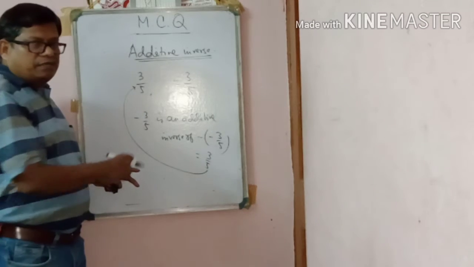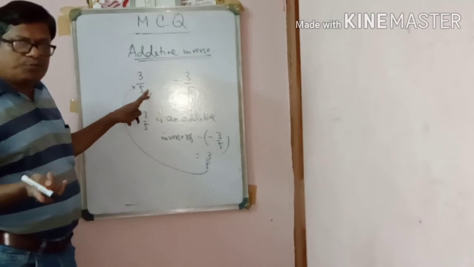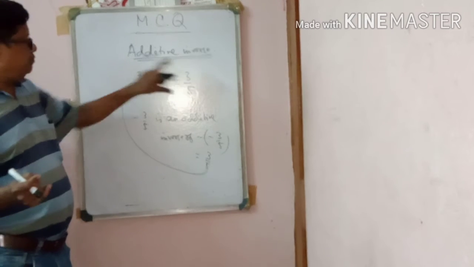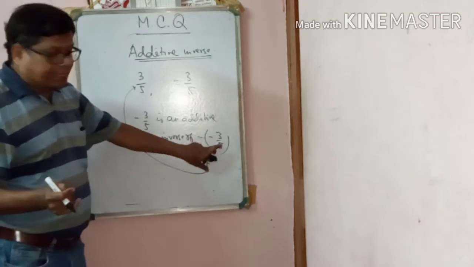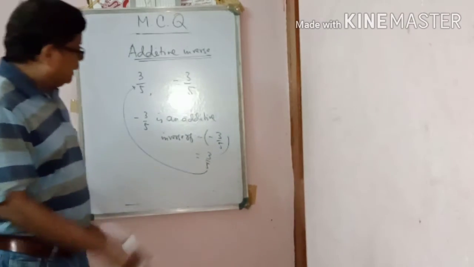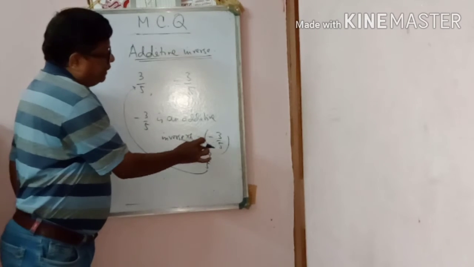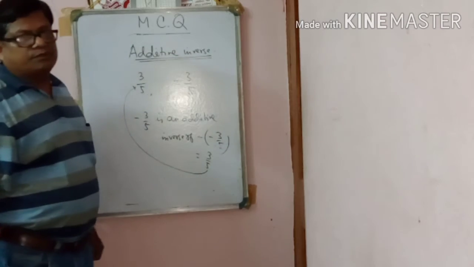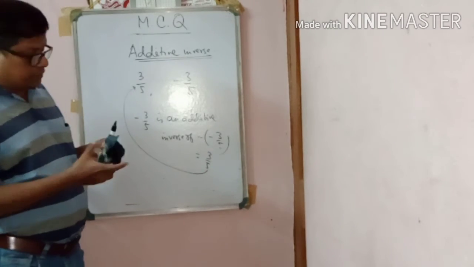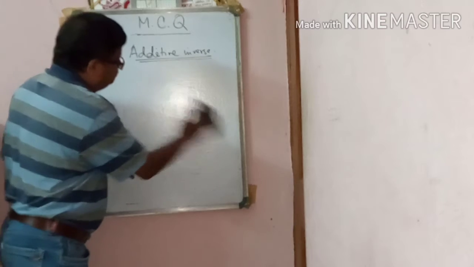So both are related. 3 by 5 is the additive inverse of minus 3 by 5, and minus 3 by 5 is the additive inverse of 3 by 5. So that's why minus means minus plus, all of the minus plus, in similar ways. Like that, minus 3 by 5 is an additive inverse of 3 by 5. So it will be 3 by 5. Short type question, again I am explaining this part. Look here, one short type question.